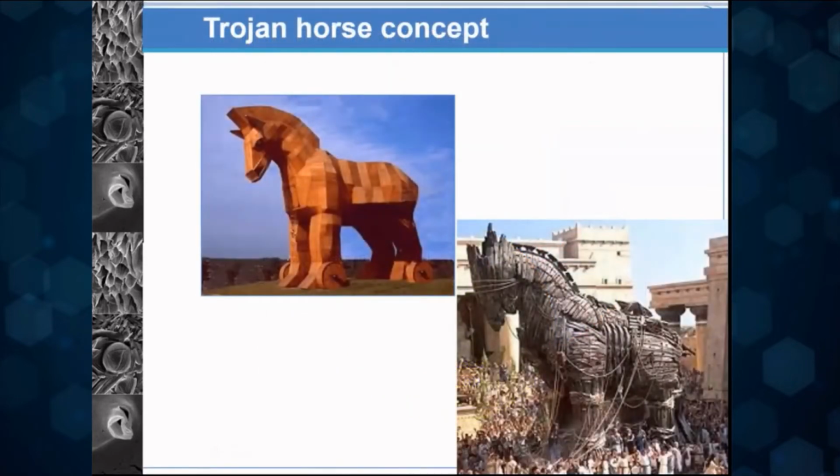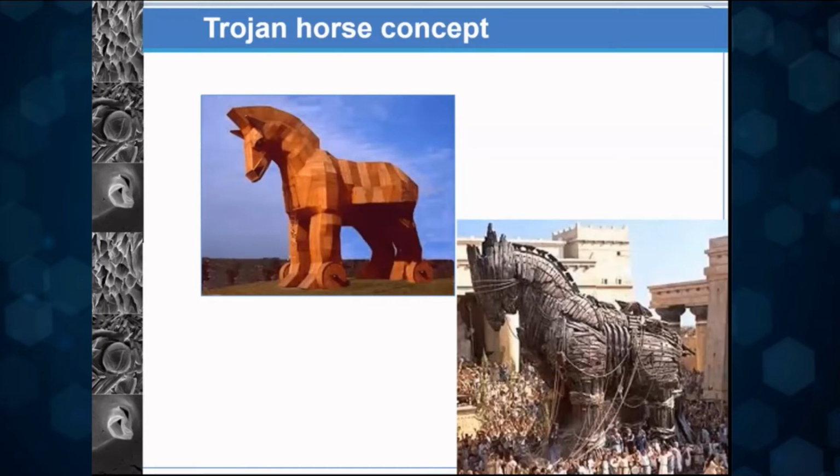And one of the strategies is what is referred to as a Trojan horse concept. So as you would have heard of the story of Troy, right? This is the concept where there was this large horse, which was seemingly innocuous and beautiful looking and was taken inside, whereas the enemy soldiers were actually hiding within the horse. Once the horse got entry, then at night time, the soldiers come out and actually destroy the kingdom and win the war. So what is the concept here?